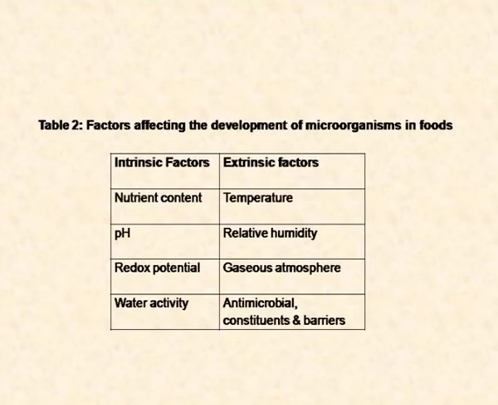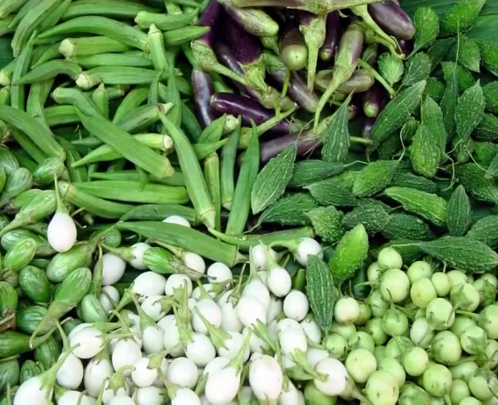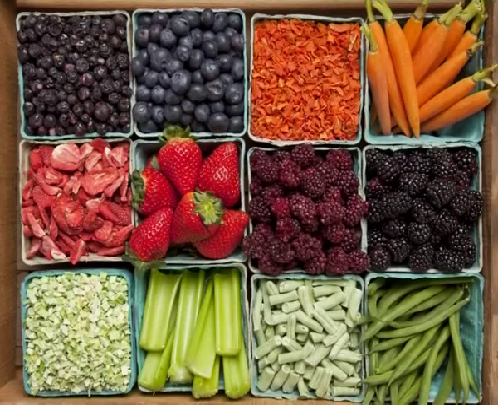Table 2. Intrinsic parameters are those within the food, like pH, water activity, oxidation reduction potential, that is Eh, nutrient content, antimicrobial constituents and biological structure, which play a major role in food spoilage. Extrinsic or environmental parameters affect both the food as well as the microorganism. These parameters include temperature of storage, relative humidity of the storage environment and concentration of gases in the environment. Let us learn